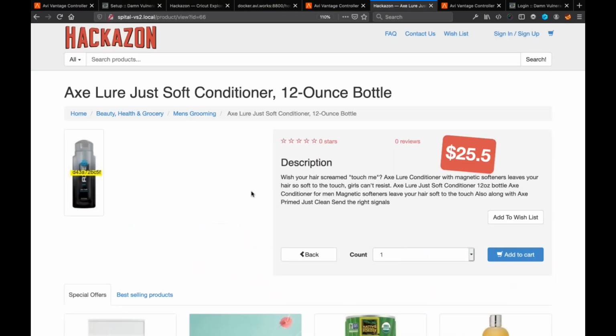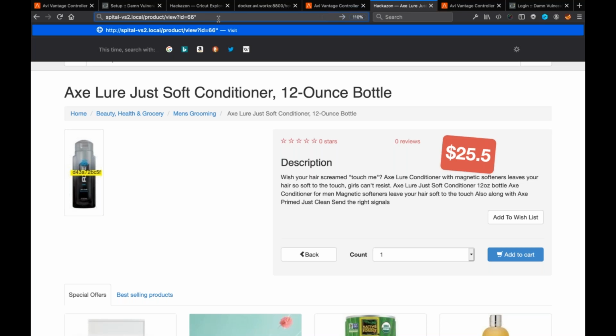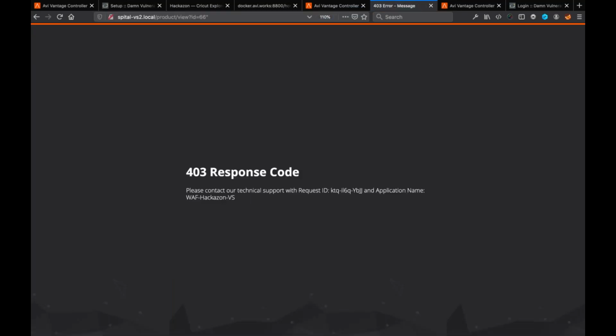And in the hackathon application, you can do all kinds of things. In my case, what I need to do is now look at these ID parameters. We've seen they got learned already. So let's do any other crazy thing with it. Let's just do some code here and try to see if that maybe brings me a SQL error. Maybe there's a SQL injection possibility here. But we get the 403, and this is the response code the WAF will send, and it is a fully customizable error page here.